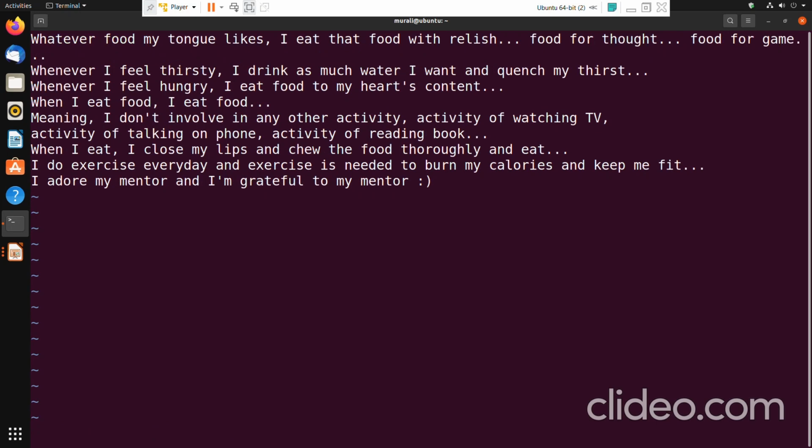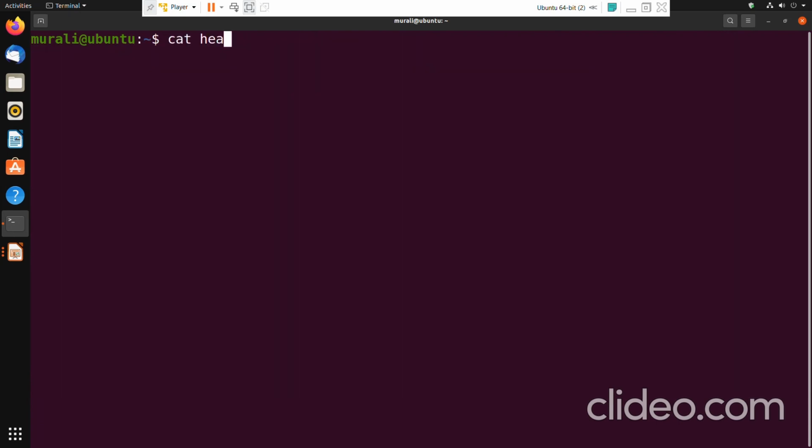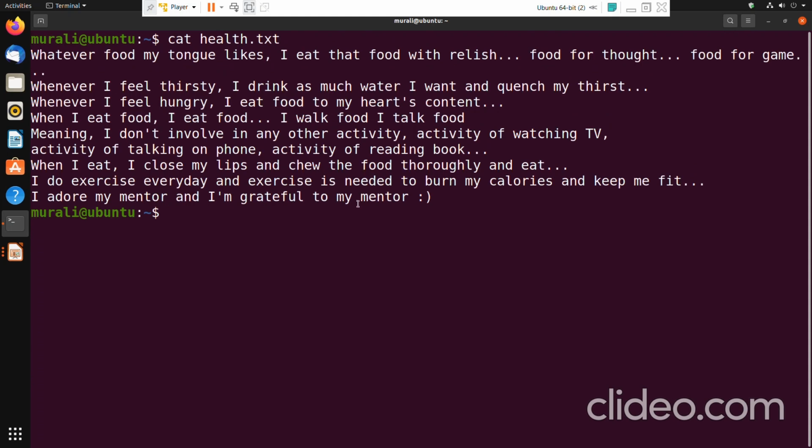Here also again I am giving something. Now if you see cat health.txt, there are four occurrences: 1, 2, 3, 4. Again here there are 1, 2, 3, 4 occurrences.